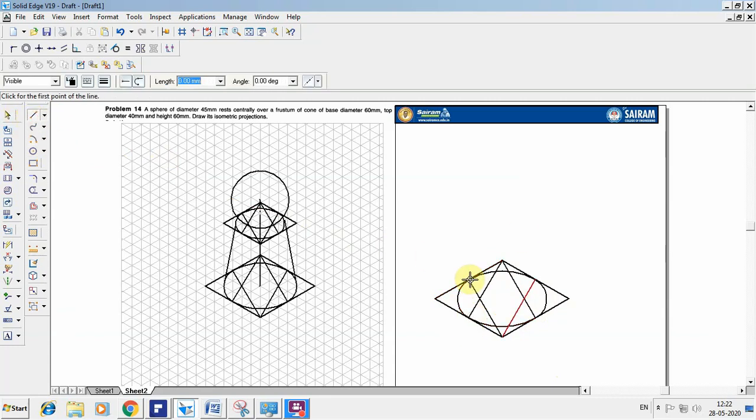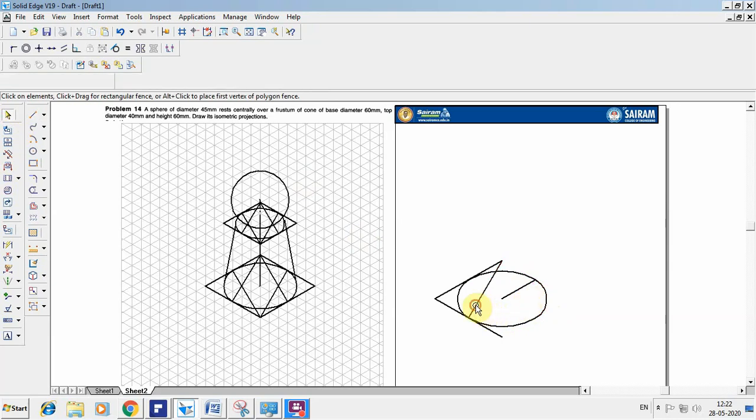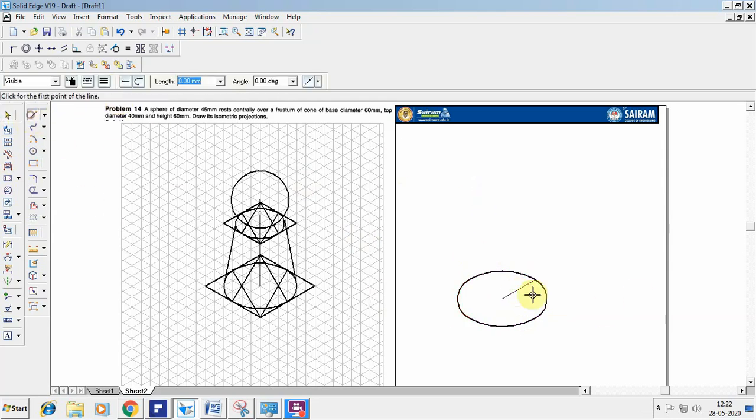So identify the center point by joining the midpoints of both the sides. So once the center point is identified, remove all the lines which were used for the construction. That is an option. You can keep the lines as they are, or you can remove them. So this I want to keep as 0.13. So height of the frustum of a cone is given as 60. So I want to take 60 as height, 60 at an angle of 90.